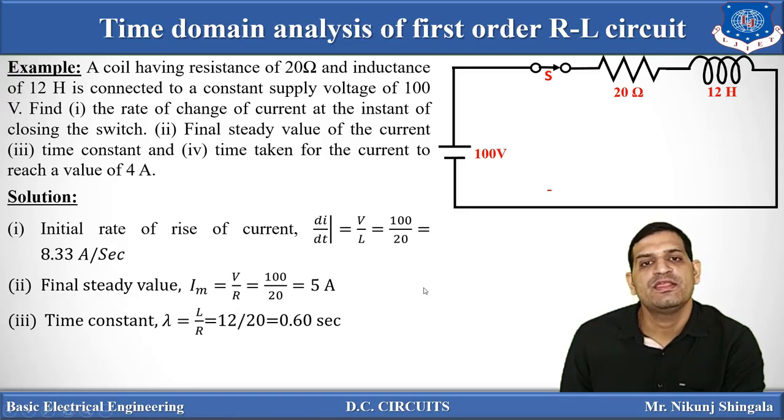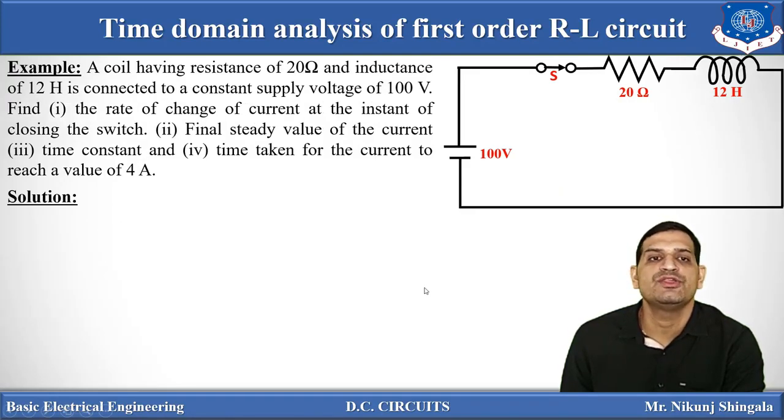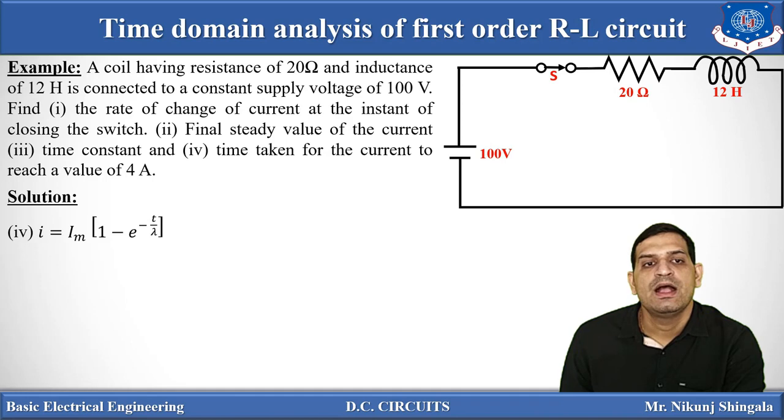And the final one is the time taken for the current to reach a value of 4 ampere. After how much time will the inductor current reach 4 ampere? So we know the equation of growth of current. I is equal to Im in bracket 1 minus e to the power minus t by lambda. Now when the inductor current reaches 4 ampere, that is 4 is equal to 5, the maximum, into bracket 1 minus e to the power minus t divided